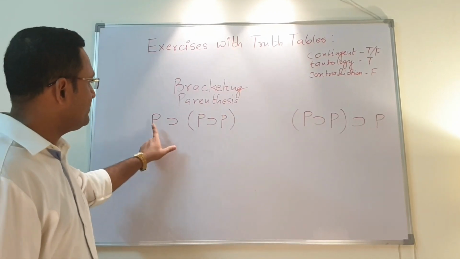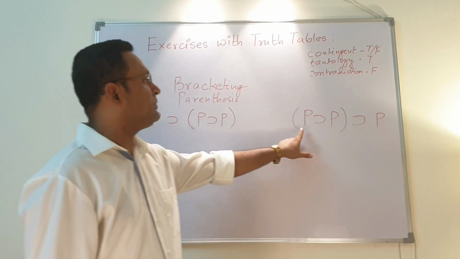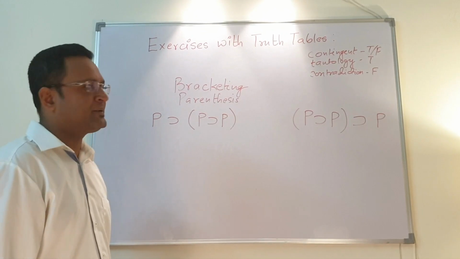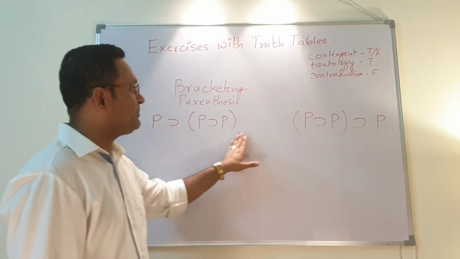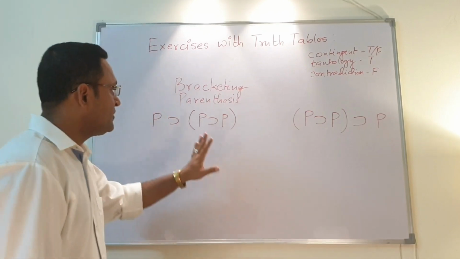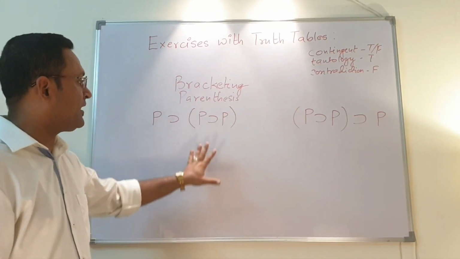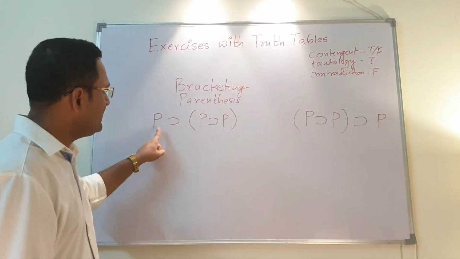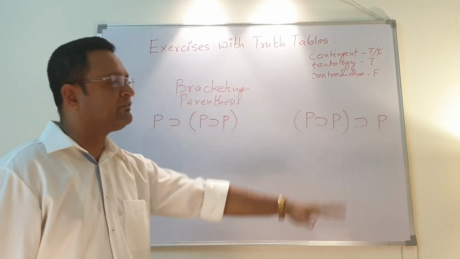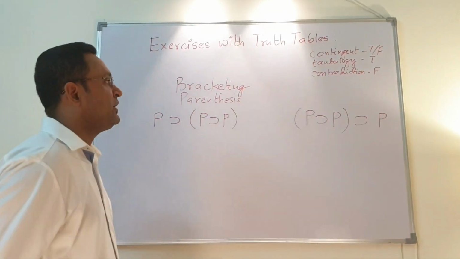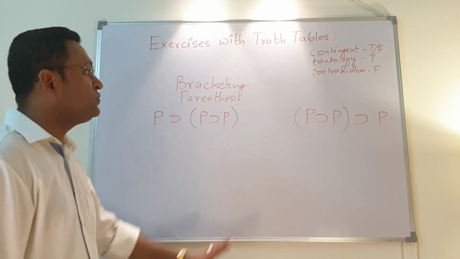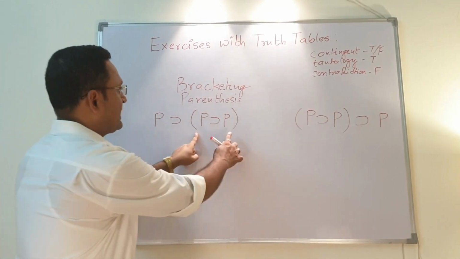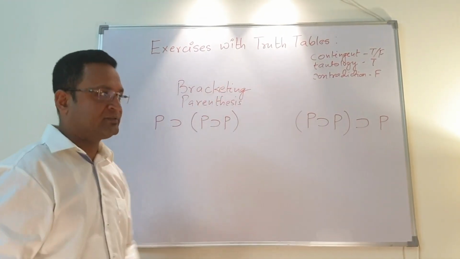Now if you see this expression, P implies P implies P and P implies P implies P, both of the expressions look exactly similar, except that the brackets are placed at two different positions, right? So they are bracketed in a different way. There is only P and the implication, but they are put in different fashion. So why is it important for us to understand bracketing? But before we understand bracketing, because you understand that this bracket and this bracket are at two different positions,